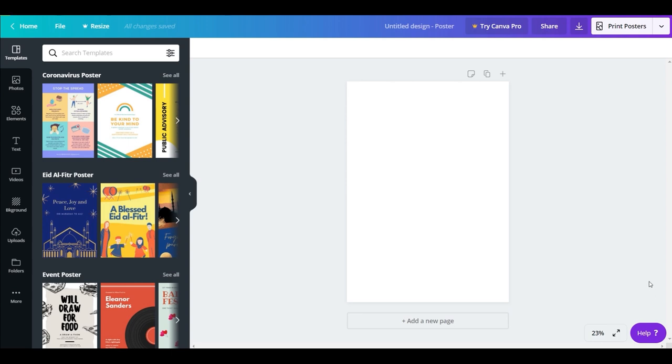So let's create a simple and easy design for global warming. The very first thing that you have to do here is, as you see our artboard, just click on it, and once you click on it, this color option will appear. That is nothing but the background color of the image. I want us to change it because white is looking too plain. So let's just change the color.